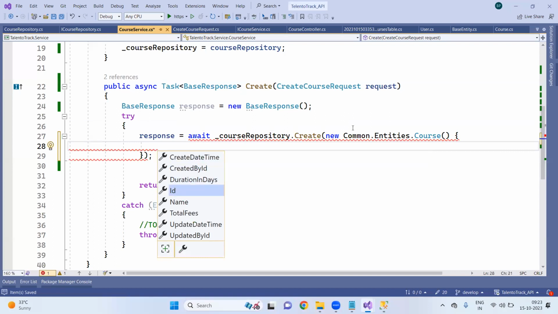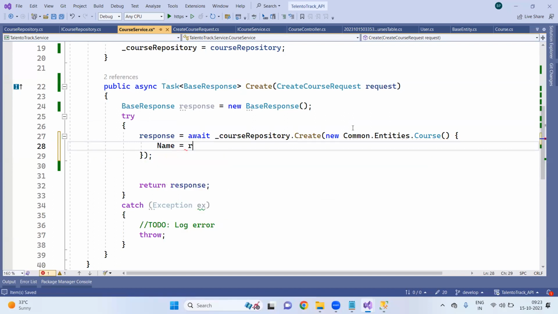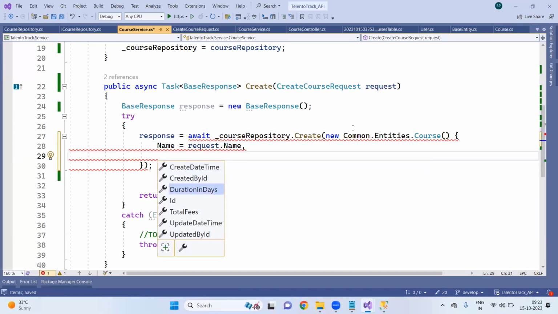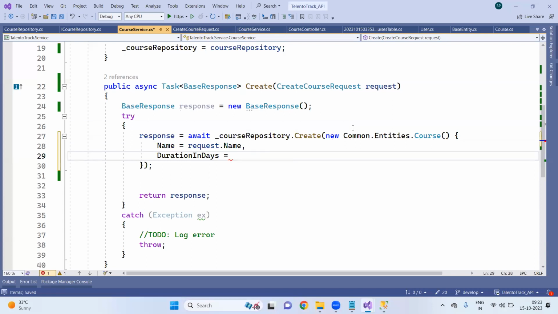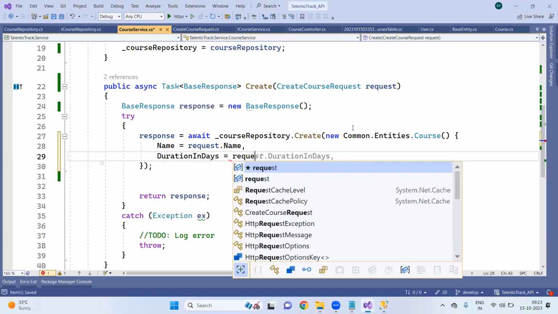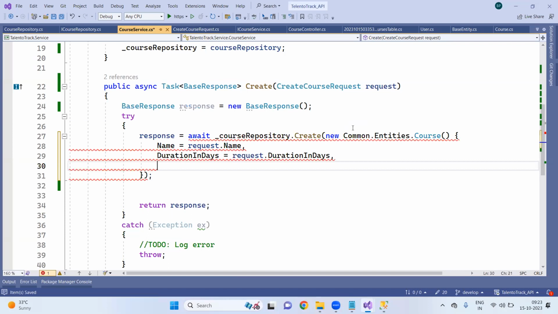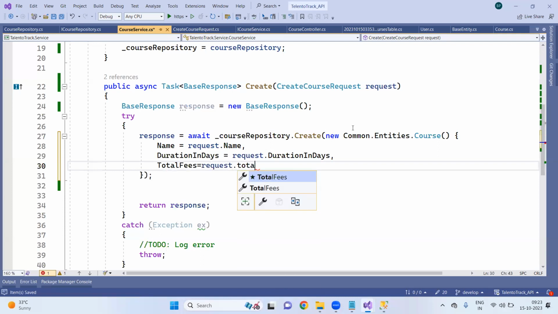First property, I wanted to add name is equal to request dot name, comma, duration in days is equal to request dot duration in days, comma, total fees is equal to request dot total fees, comma,